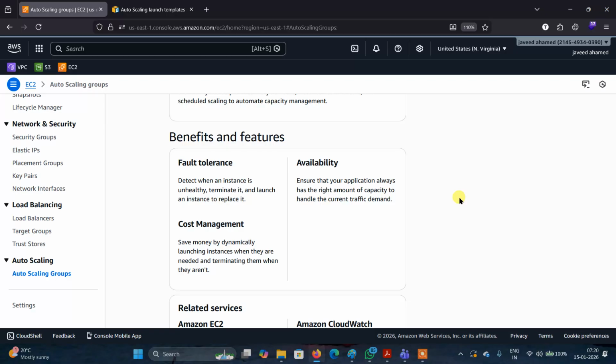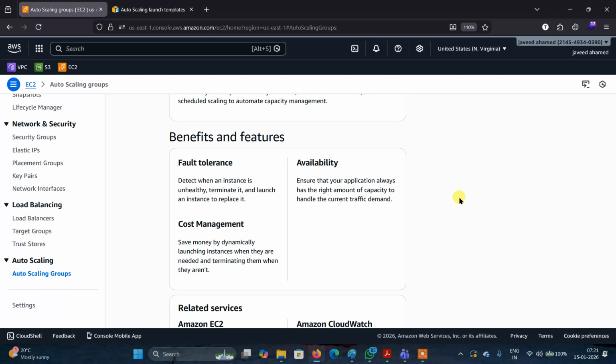Okay. And the third thing is cost management. If the demand is more, it will automatically adjust the resources, meaning it will add more resources. Today I have demand, tomorrow I don't have demand, and it automatically reduces the instances. Then when the instances are automatically removed or reduced, what happens? The cost is also less. These three things are done by auto scaling.